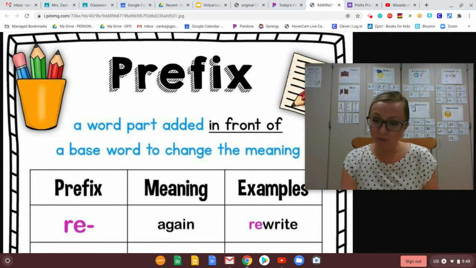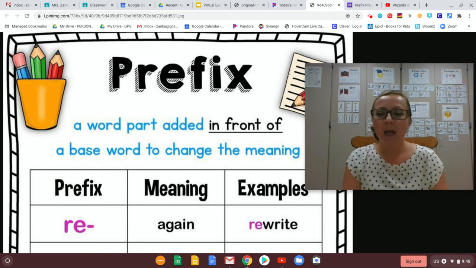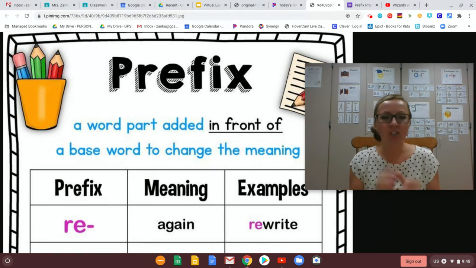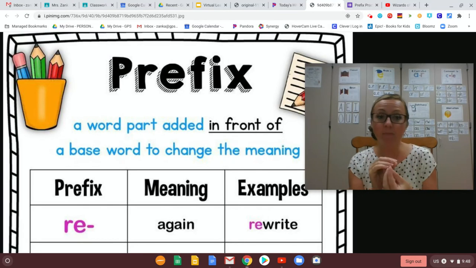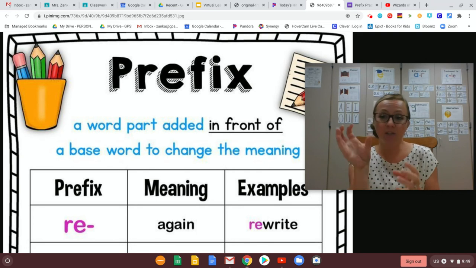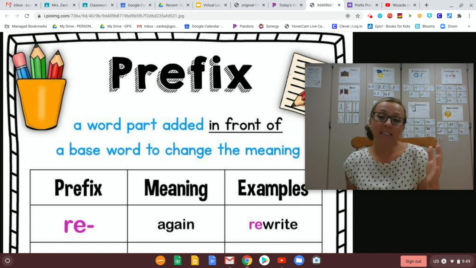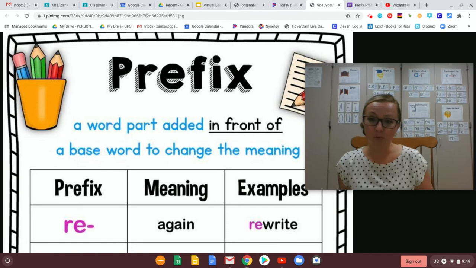So prefixes. You've probably heard of suffixes also, which we'll talk more about tomorrow. But a prefix is a letter or a group of letters that are added to the front of a word. And the cool thing is that each prefix has a meaning of its own. So when you add it to the front of another word, it actually changes the meaning of the original word. It's kind of cool. So it's a special tool, I guess you could say, to have in your reading toolbox,